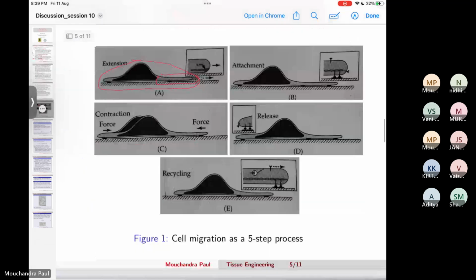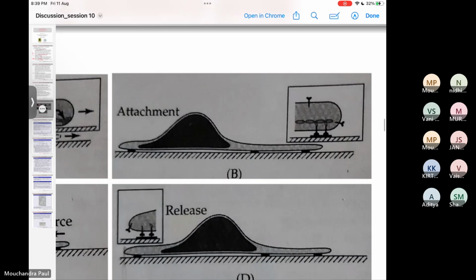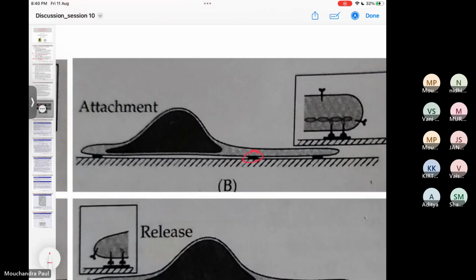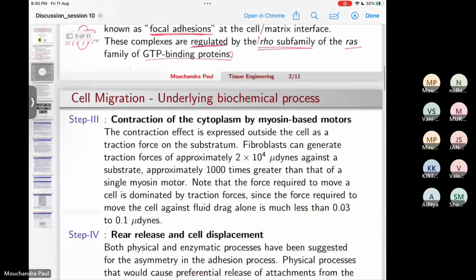So let's go back to this figure. I talked about step 1 where lamellipodia has extended. Then in step 2, this lamellipodia has attached, or adhered, to the substrate with the formation of focal adhesion points, correct? Now as I said, this is a 5-step process. So we have to cover